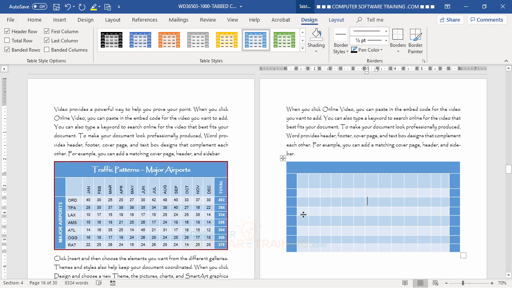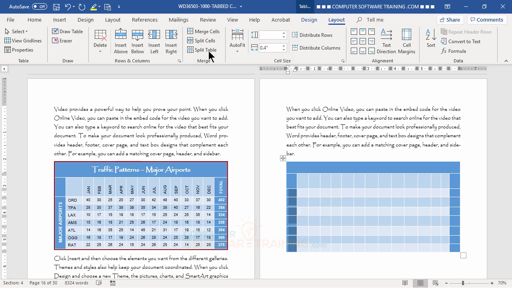So what we have here, Chicago and Tampa and so forth, and have those labels laid out over in this column right here. But even before we do that, we'll go ahead and put in the major labels here. So I'll select this range right here, and then we'll go back into the Layout tab and tell it that we want to merge those cells. And then while I'm there, I'm going to type in major